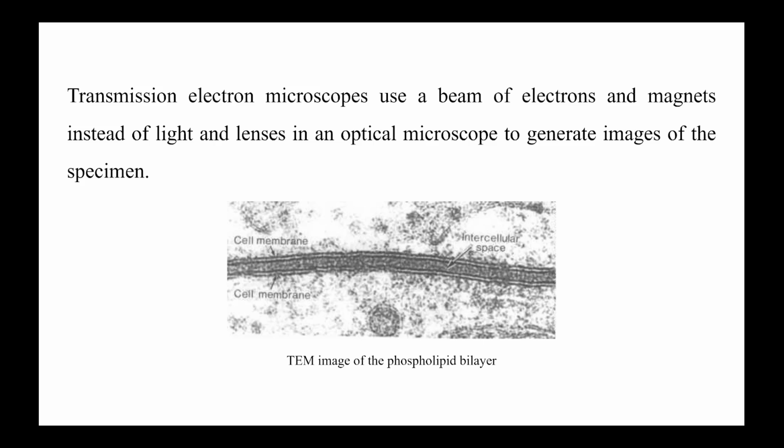In this case, instead of a lens, you have magnets which can focus the beam. In an optical microscope, you use lenses to focus the light, right? Similarly, in this case, we have electromagnets that can focus the electrons, and we have the electron as the illuminating source instead of normal visible light. Okay,